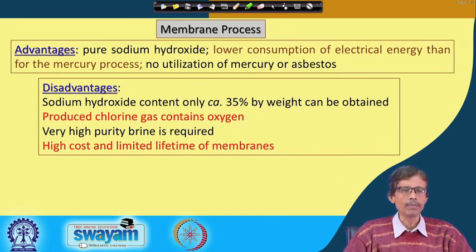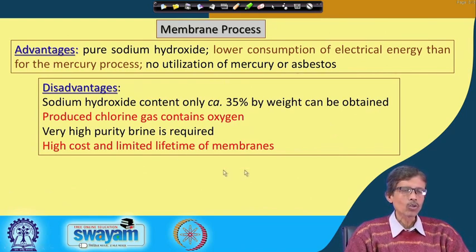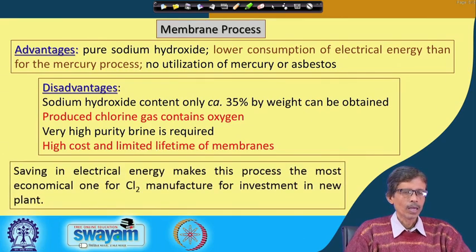Then there is the high cost and limited lifetime of the membrane. So, basically it is not a cost effective one. It is a costly affair in terms of the different types of membrane, until and unless the polymer industry can help in making these membranes in a much cheaper way or at a much cheaper price. So, the cost of the membrane is also a disadvantage for this particular process, and as a result what we can do